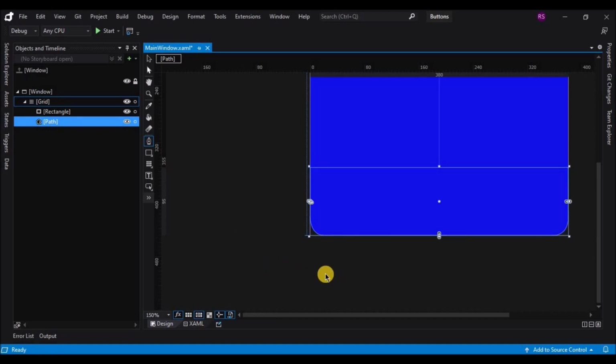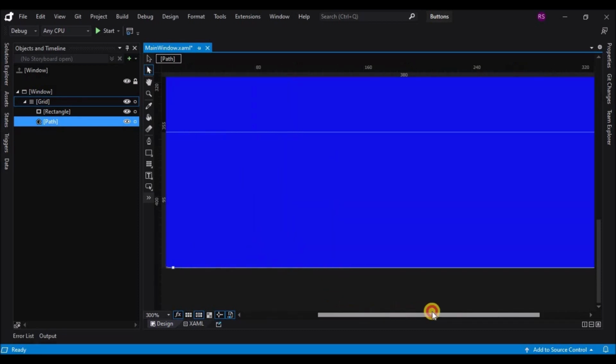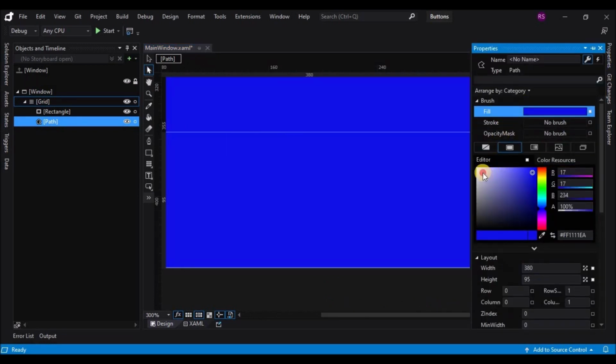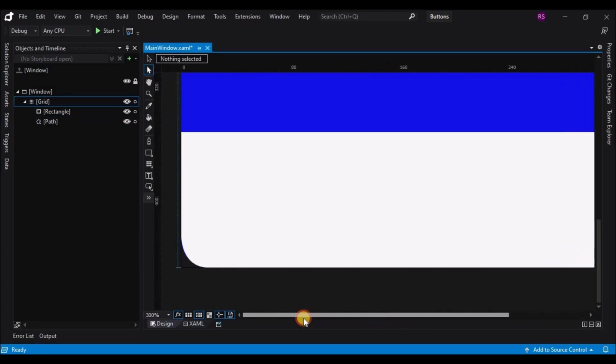Now let's fill this path with a color. Before that, I am using the select tool to adjust the anchor points. I am adjusting the anchor points using the arrow keys on the keyboard. Now I will fill the path with the color white. So that's done.